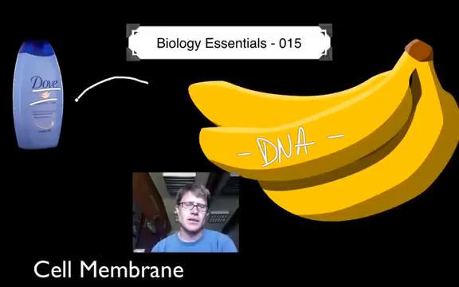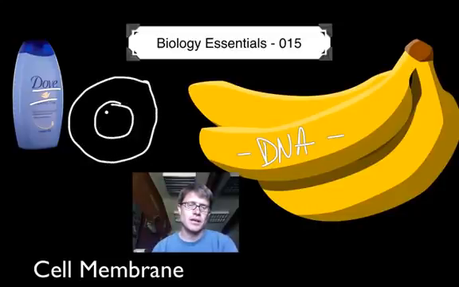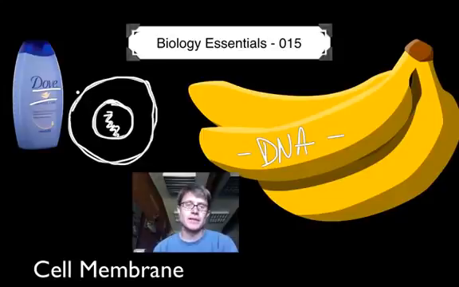But if you have an understanding of the DNA, where it's found, and how a cell is organized, it shouldn't be that confusing. So the DNA sits here on the inside of a nucleus in a eukaryotic cell. It's surrounded by a membrane. We call that the nuclear membrane. And then the cell itself is surrounded by another cell membrane. Now, if it's a plant cell, there's going to be a cell wall around the outside, but